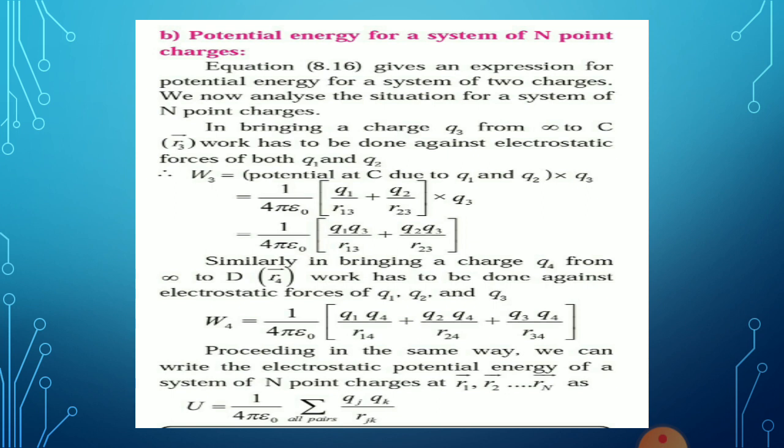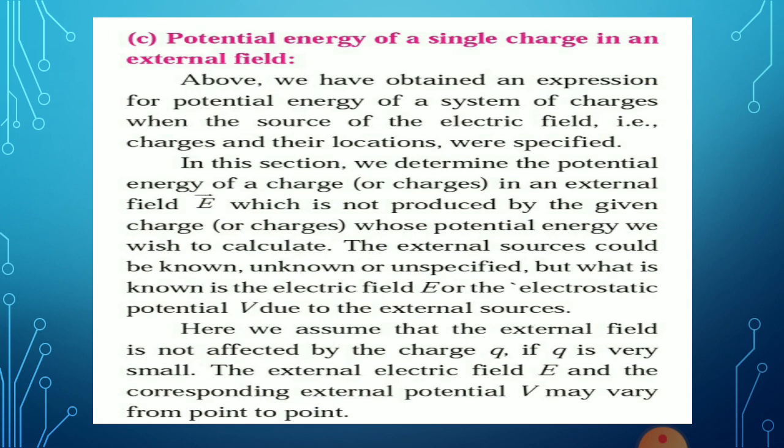We can find the potential energy of n point charges as U equal to 1 upon 4 pi epsilon 0 into summation over all pairs Qj into Qk upon Rjk. This is the required expression for potential energy for a system of n point charges. So this point is completed. Then the next point